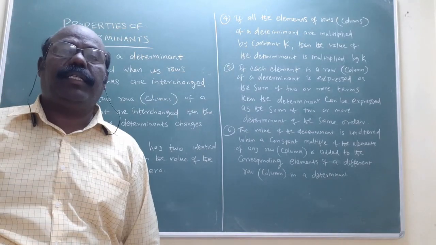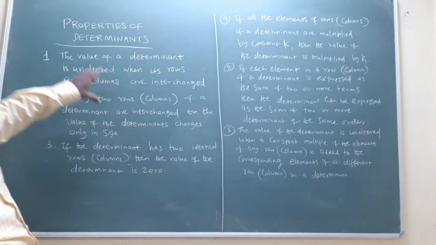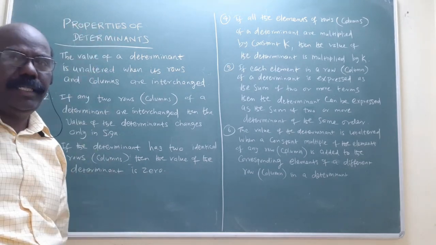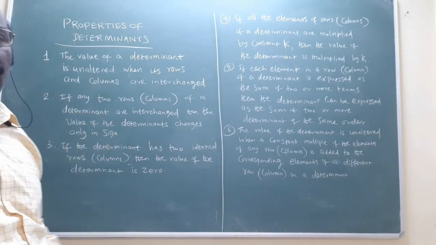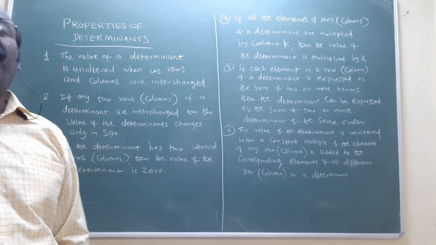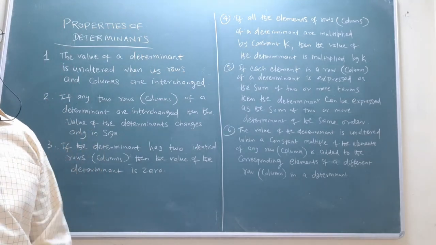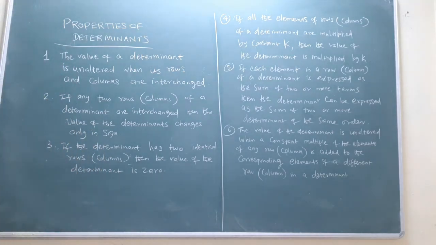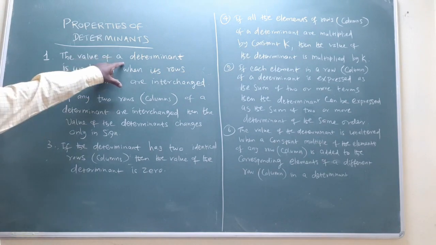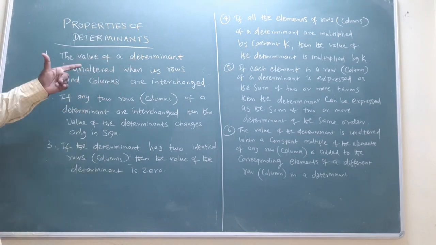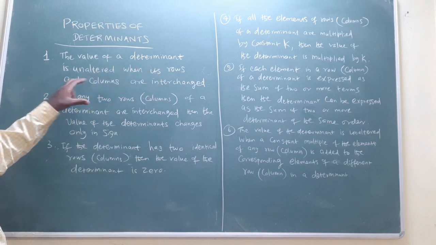Good morning, students. Let us start the properties of determinants. By using this property, there are so many questions. That is a very important 5-mark question. The first property: the value of a determinant is unaltered when its rows and columns are